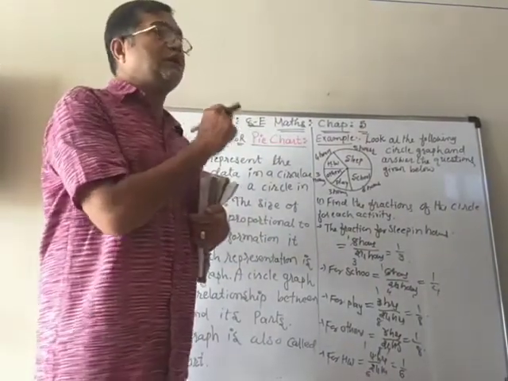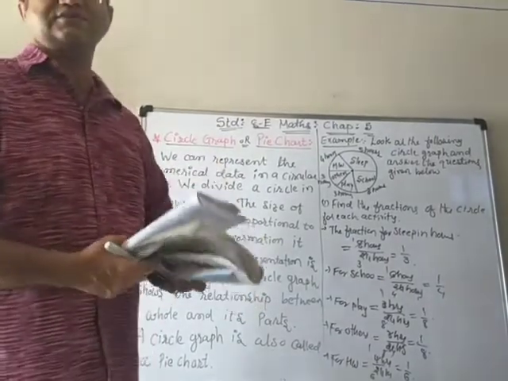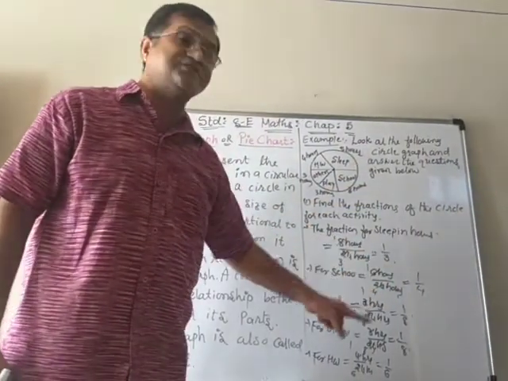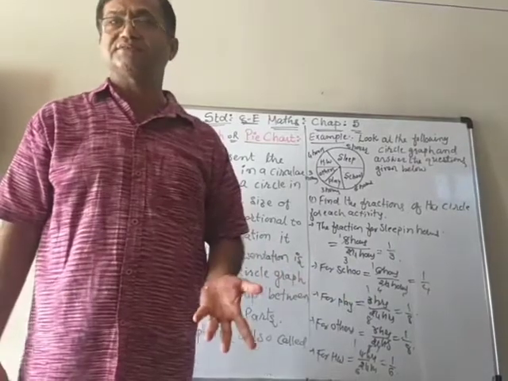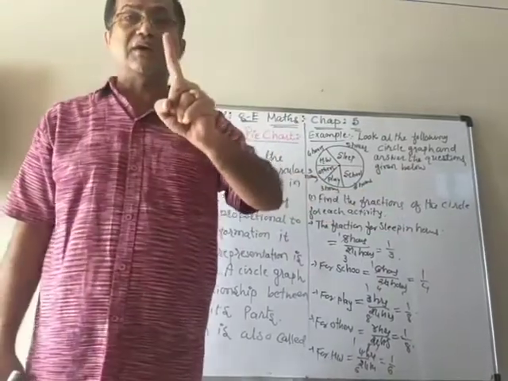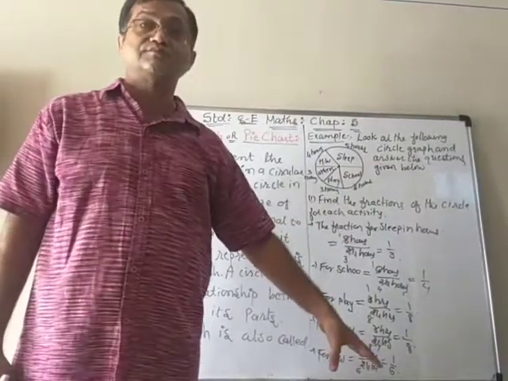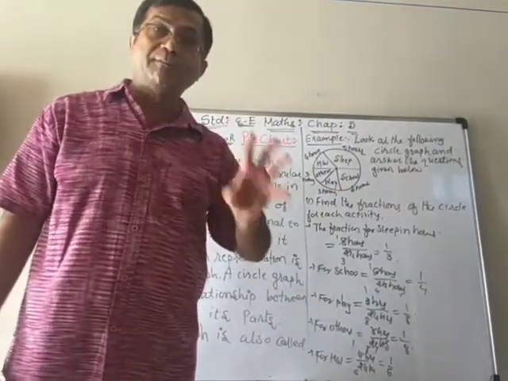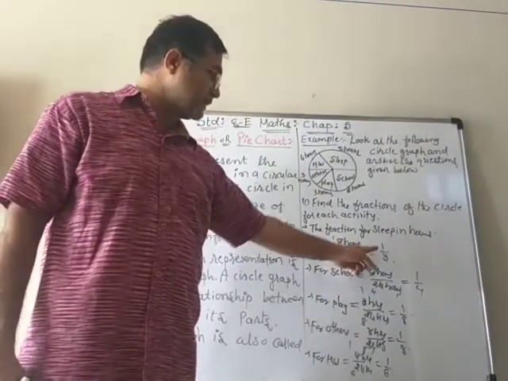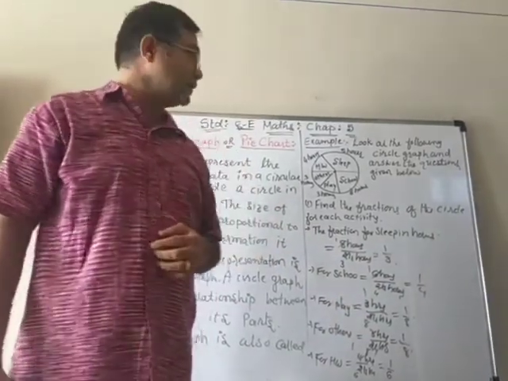Here the important thing to remember is that when we find all the fractions, and you will try yourself, if you add all these fractions, you know how to add fractions, you learned in standard 7th, then your answer will be 1. Because 1 is the whole and these are all its parts. So if you add all parts of one thing, the answer will be 1. So when you add 1/3 plus 1/4 plus 1/8 plus 1/8 plus 1/6, your answer will be 1.